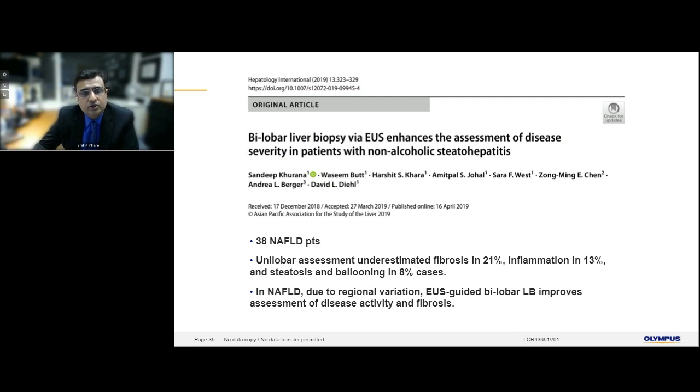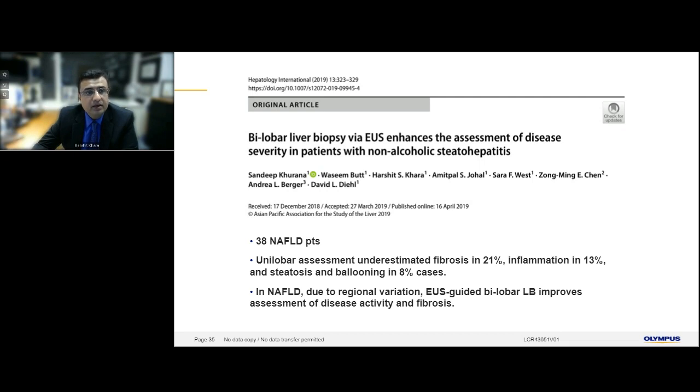And again, we looked at our own data and experience here at Geisinger, along with our hepatology colleagues, and we had 38 patients with fatty liver disease. And we saw that the unilobar assessment significantly underestimated fibrosis by 21%, inflammation by 13%, and steatosis and ballooning assessment by 8%. So in regards to NAFLD, especially where there could be regional variations, EUS-guided bilobar liver biopsy significantly improves the assessment of disease activity and fibrosis. And that goes again to the point of doing EUS-LB, it gives you that option to get a bilobar